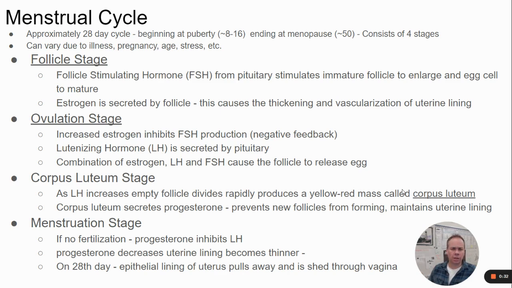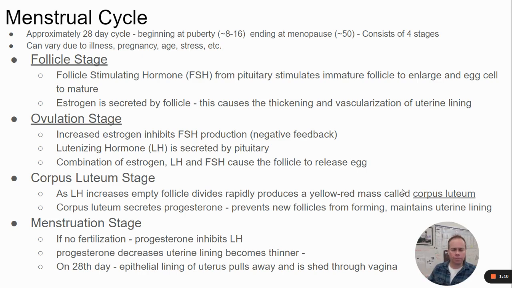So we're going to move on and start talking about the process of fertilization and development and birth. We're going to start by talking about the female reproductive cycle, or what we would call the menstrual cycle. The menstrual cycle is controlled by various hormones produced within a woman's body once she reaches puberty. A typical reproductive cycle lasts about 28 days, but it can vary pretty significantly from one person to another. It starts at puberty, and eventually it will end at menopause, when a woman has reached the end of her reproductive years and no longer is ovulating.